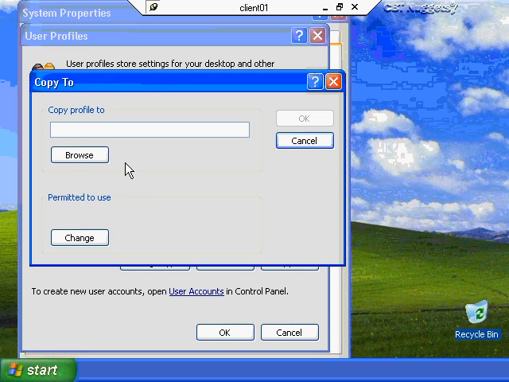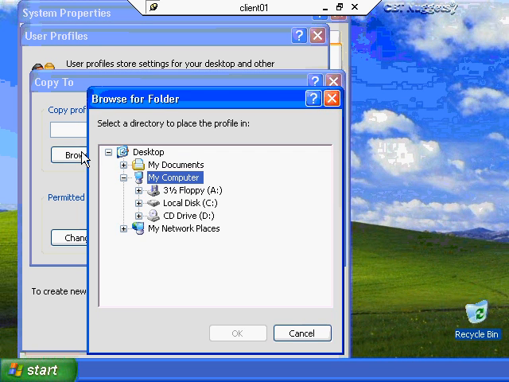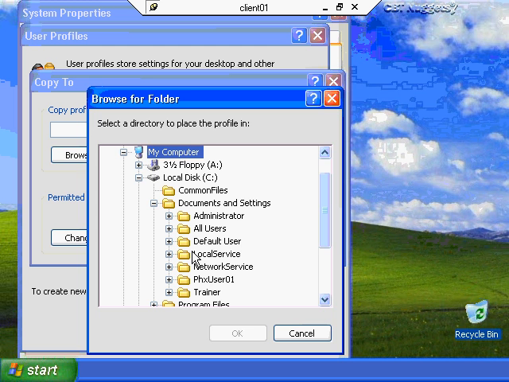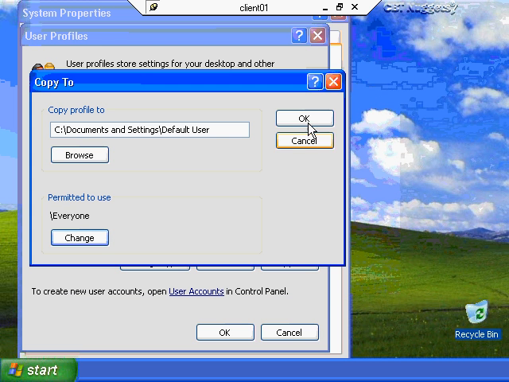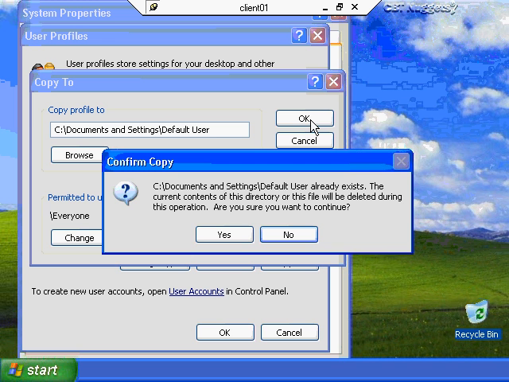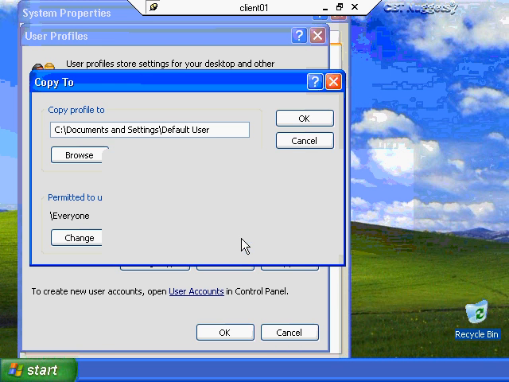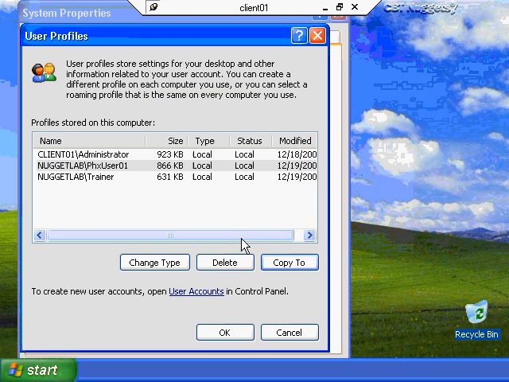So this is going to be the profile we'll use, and I'll copy it to the default user profile under Documents and Settings, and I'll select it here in the File System and OK, and then I'll choose Permitted to Use. I'll just give everyone permission, because that will apply to any new users that I have, and I don't have to specify individual accounts that way. When I click OK, it tells me that there's already a profile there. Do I want to override it? I'll say yes, because that's just the profile that was there when we first created or logged on and installed